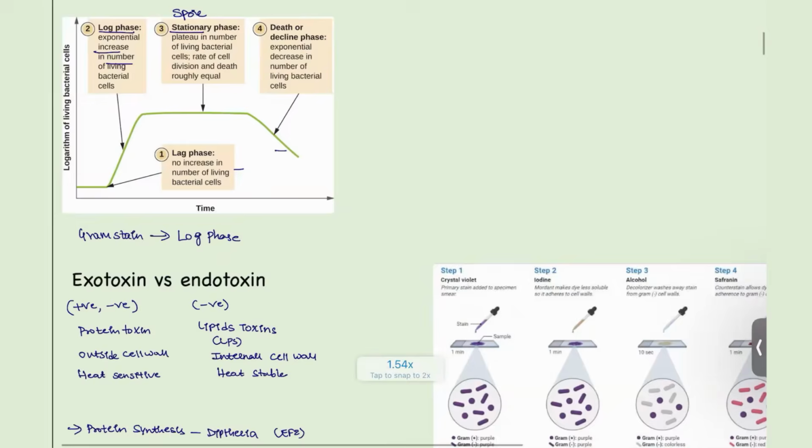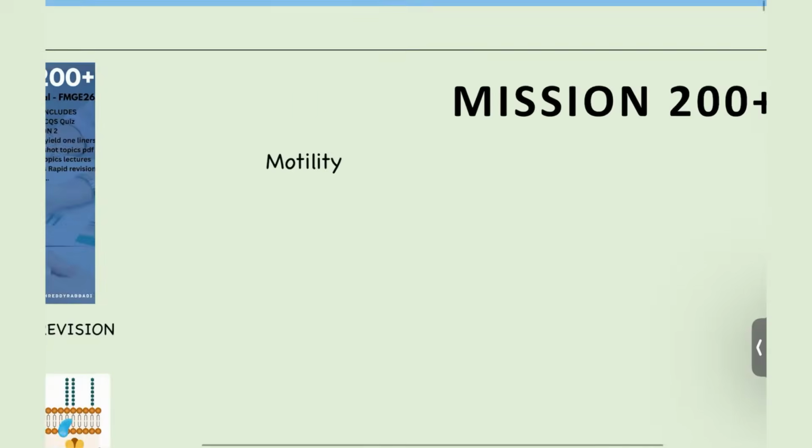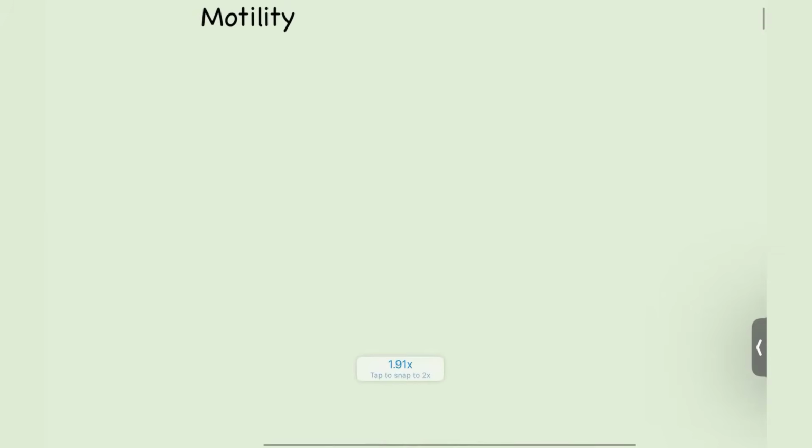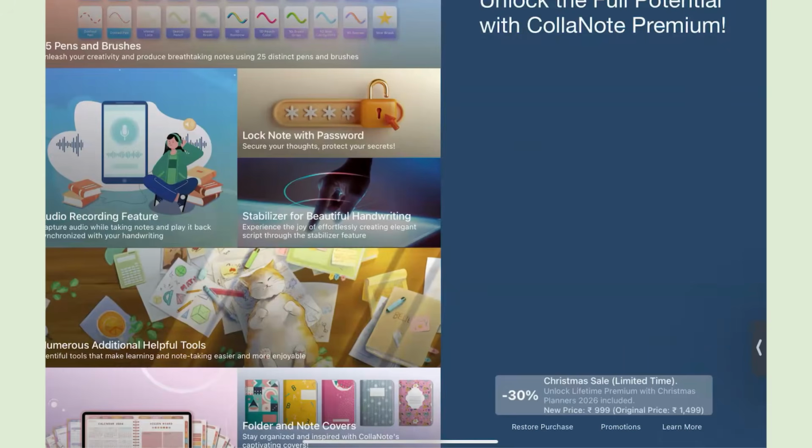Next, moving on to the motility, guys. This question can also be asked for us. Next, what is the motility? First, the way of formation and the way of moving, that is the motility of each and every organism, there is a specific one. And for that, if we see the Listeria